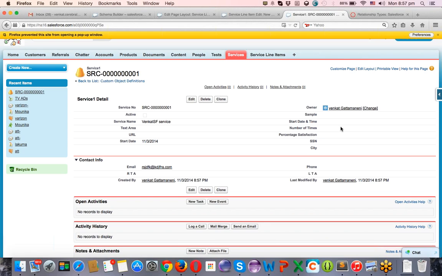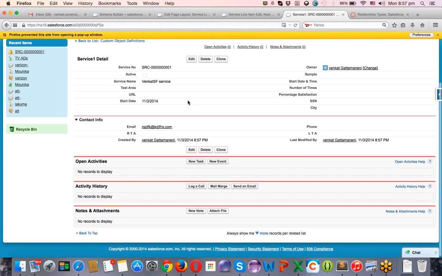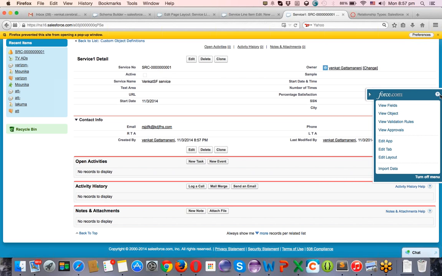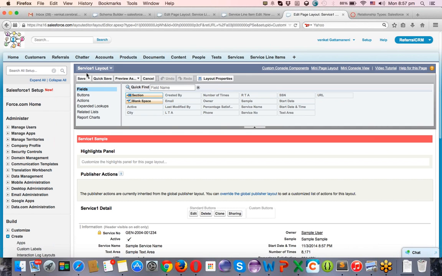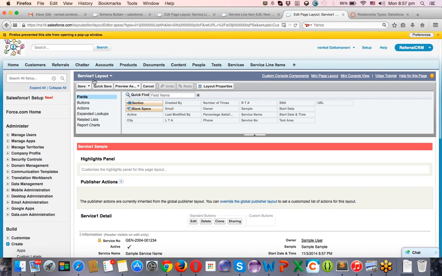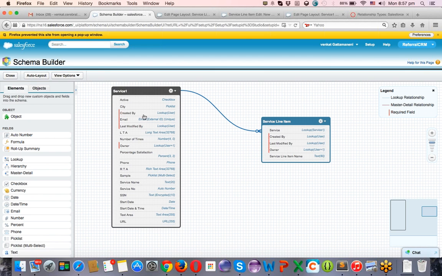And now I want to access the page layout of the services, because each service should contain service line items, right? I cannot see this here. I want to add the service line items in the service page layout also, because these two objects are related. I will explain the same thing in the next class also, but as you join the class, I'm explaining this. Clicking on edit layout. I'm currently editing the service layout, the parent object layout. In the current scenario, this is called the parent object. This is called the child object, okay?